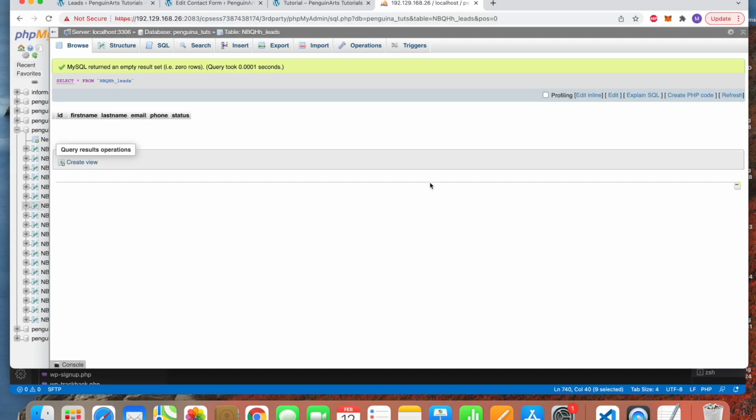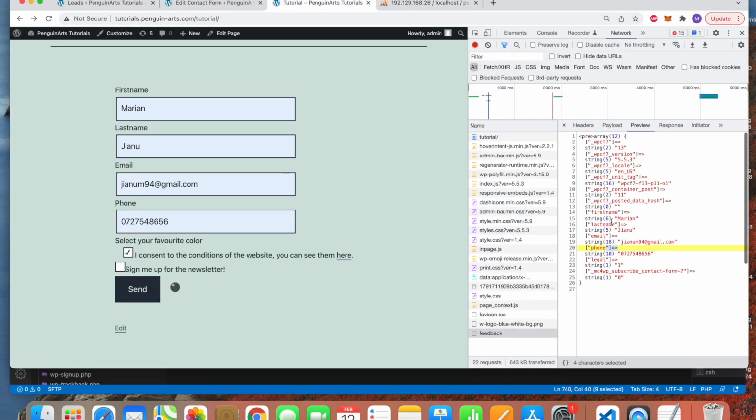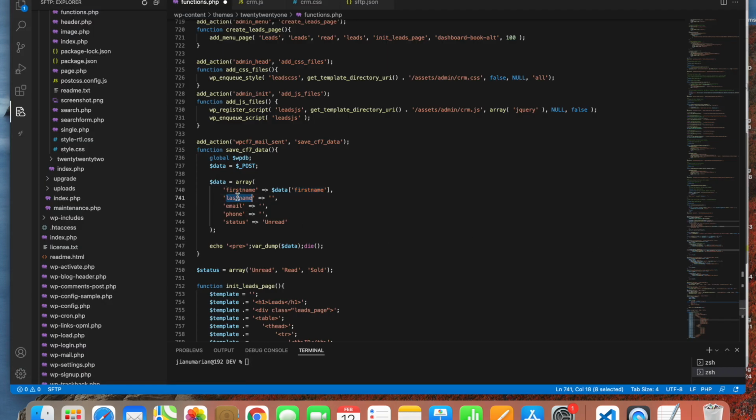So first name will be data first name, being the data that comes here: first name, last name, email, and phone. Here we will have data last name, then data email, data phone. Okay,